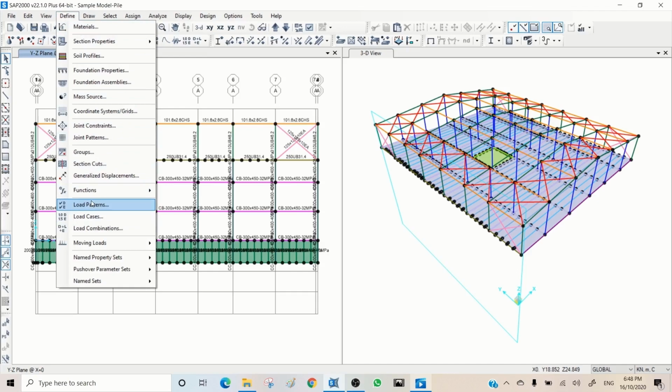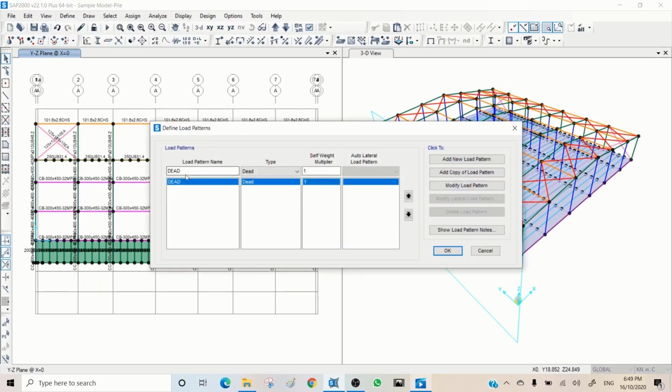In SAP we have load pattern, load cases and load combinations. I will explain the difference between them. So let's start with load patterns. By default that is always here. What you need to do, you need to put the name of the load pattern you want, dead, live, earthquake, wind, whatever, and then you need to choose the type of the load here, and then if there is any